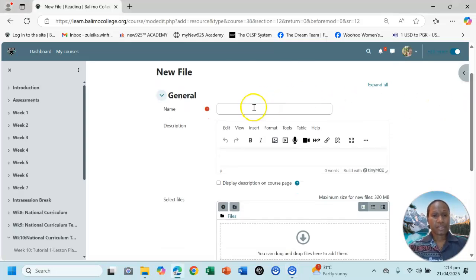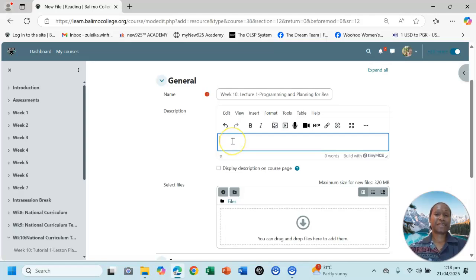As soon as you get to this page, the first thing you need to do is type in the title of the file that you're trying to add. In this case it's week 10 lecture 1. In the description box here, type in your instructions to the students. Keep it short because the lecture note is long. Go through this file and make study notes. Once you're done, scroll down and